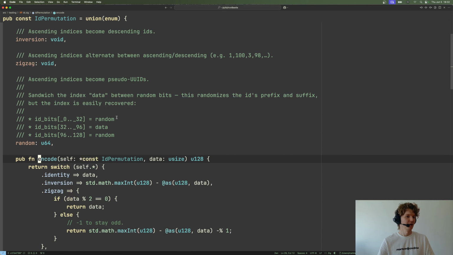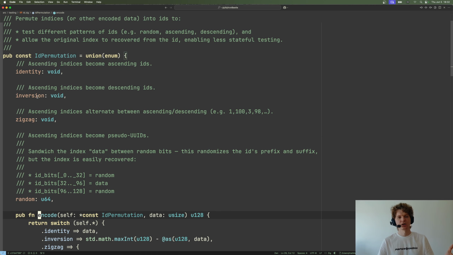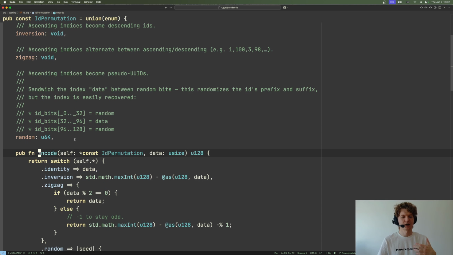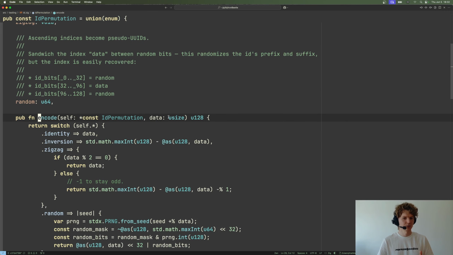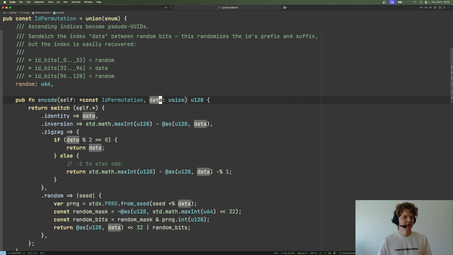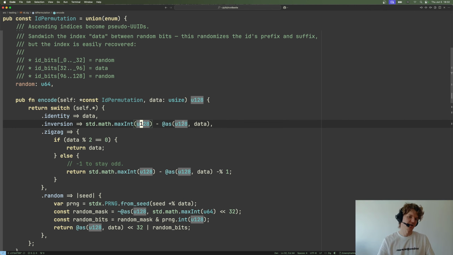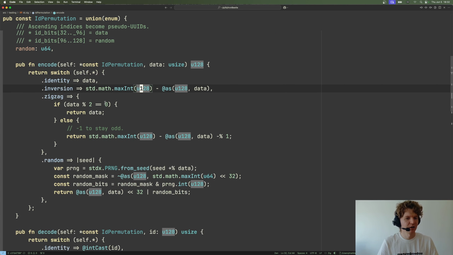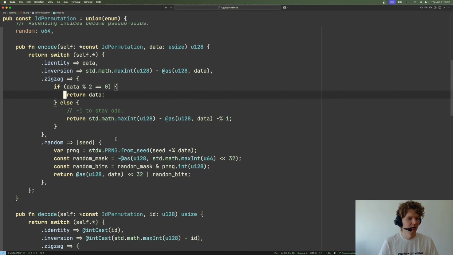So permutation is either identity, inversion, zigzag, random. When we encode a number as an identity, we return the number. If we encode inversion, we kind of invert that, well, subtract from 128. If it is zigzag, we do even odd. And random, we